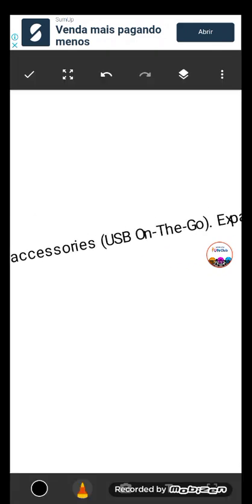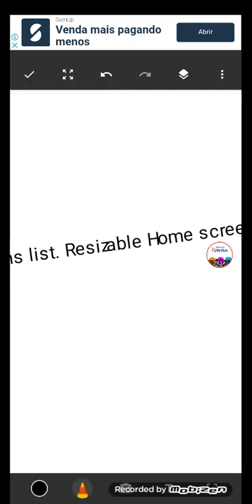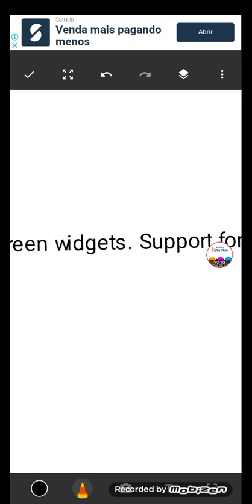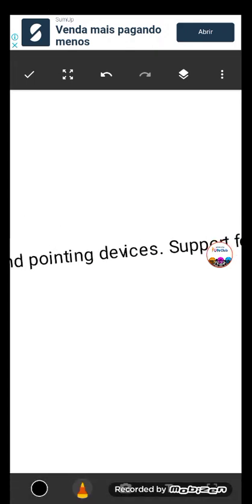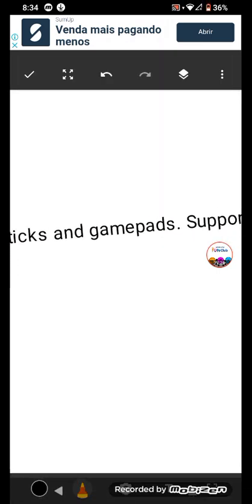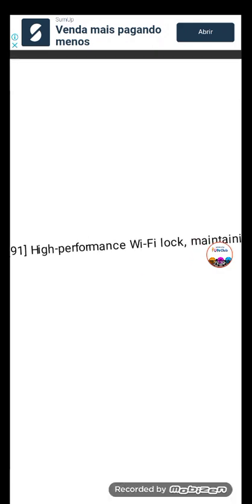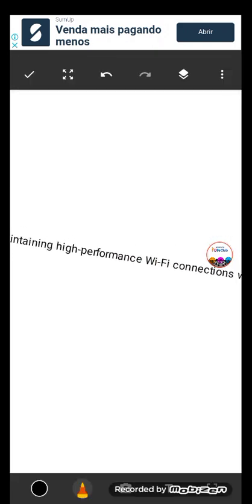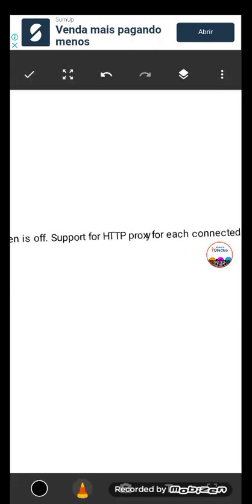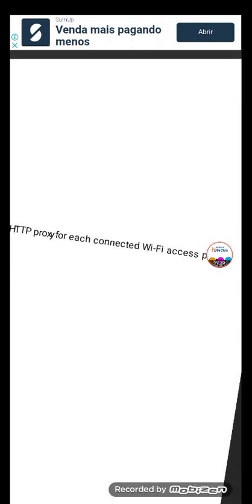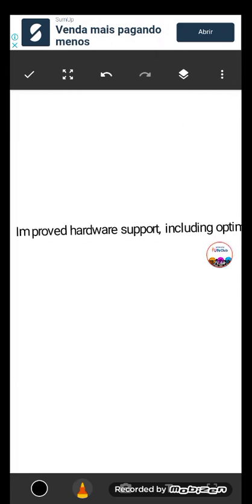Android 3.1 posted UI refinements, connectivity for USB accessories, USB on-the-go, expanded recent applications list, resizable home screen widgets, support for external keyboards and pointing devices, support for joysticks and gamepads, support for FLAC audio playback, high-performance Wi-Fi lock, maintaining high-performance Wi-Fi connections when the device screen is off, support for HTTP proxy for each connected Wi-Fi access